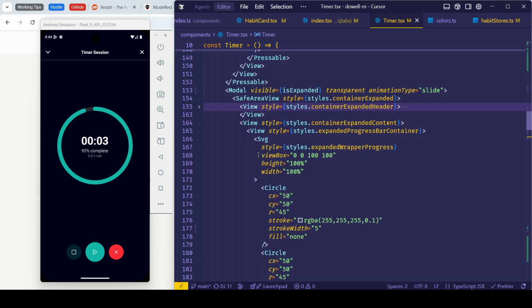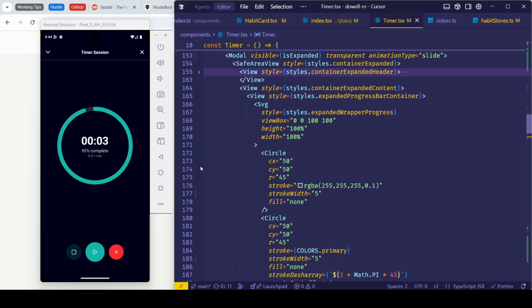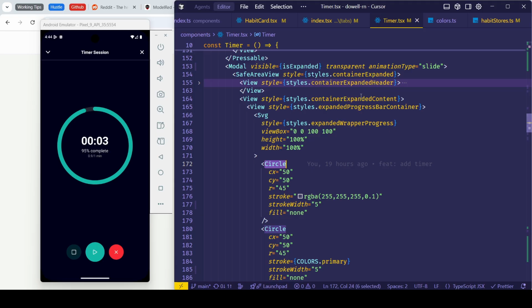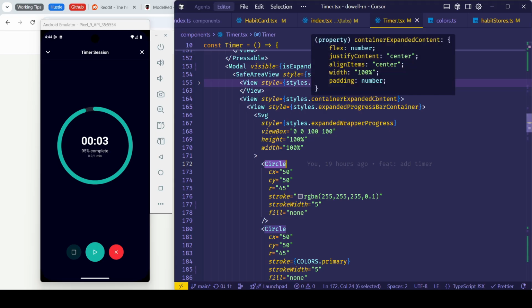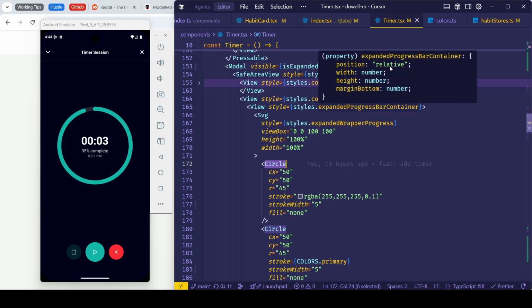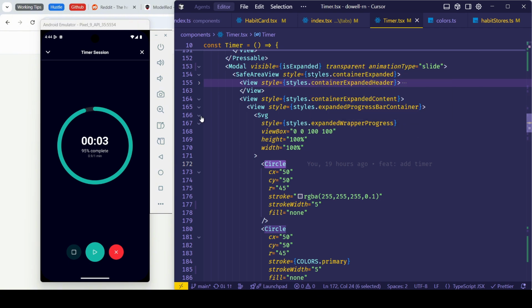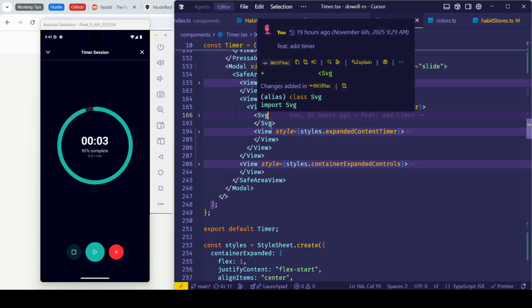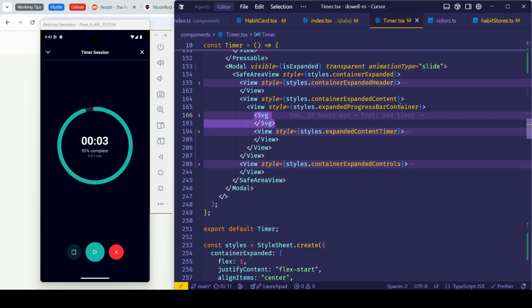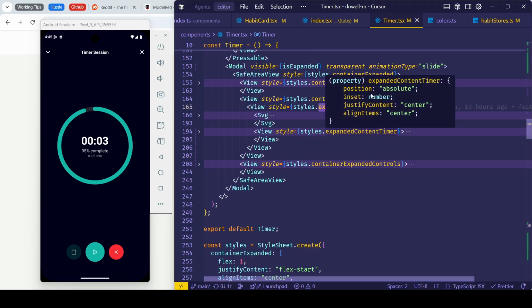So the SVG contains a circle, and the most important thing in the expanded content is the position. The position is relative, and the expanded progress will be contained in this expanded progress container. Then in the text we can just change the position to absolute.